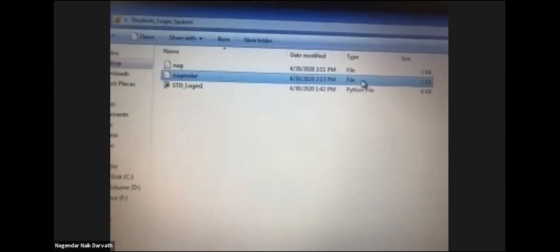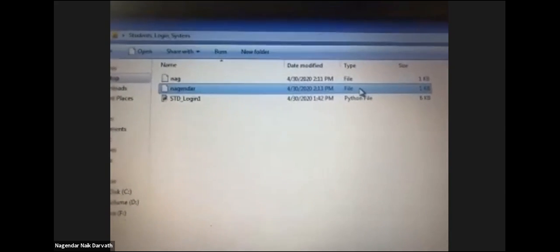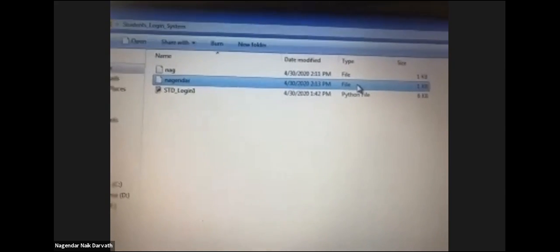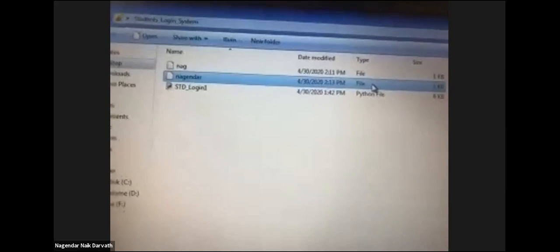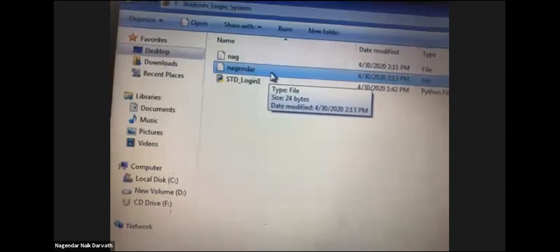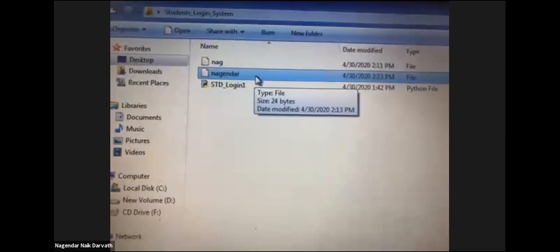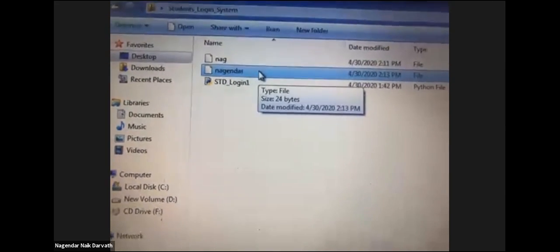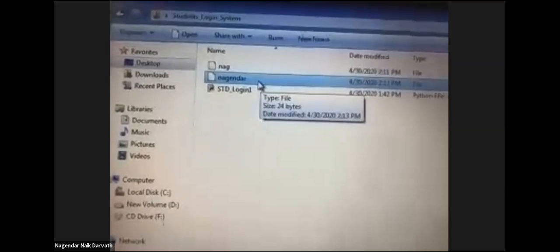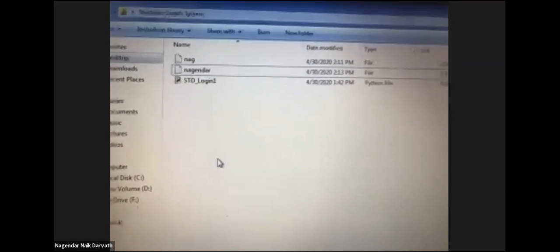And you know one thing, a .txt file cannot be accessed by the program. If you convert it to .txt, then you cannot visualize it later, or process it by the program. It will show you an error. But you can see it here by keeping .txt, Nagendra.txt. If you rename the file, you can see the content inside. But later, this cannot be accessed by our program. Our program will show an error. That's why I'll open it later, once running the program, and we'll see also.